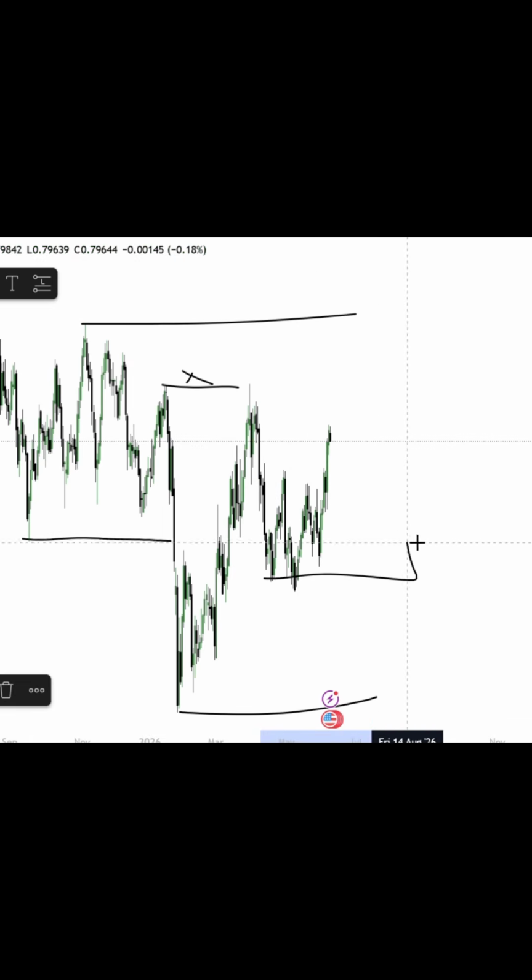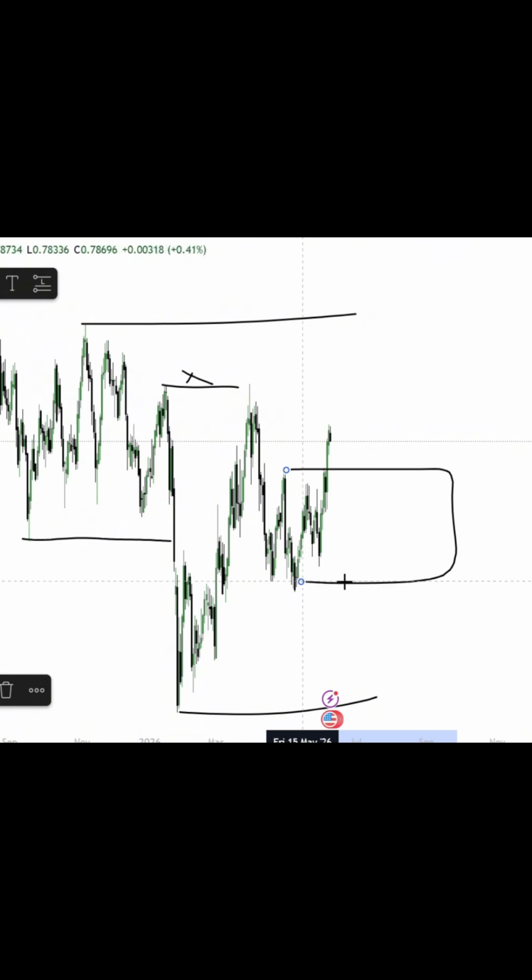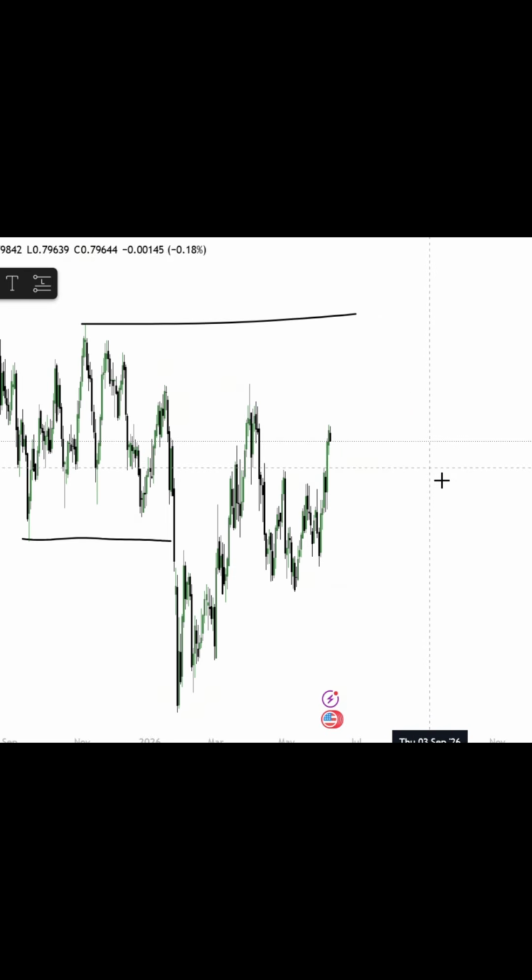However, the most recent supply zone did get broken, and this is now the area of demand, which is in control on the daily. If we move down onto the 4-hour time frame,